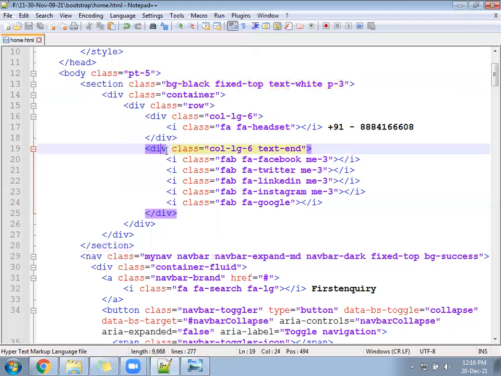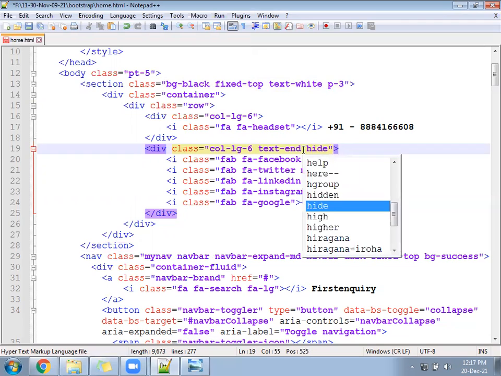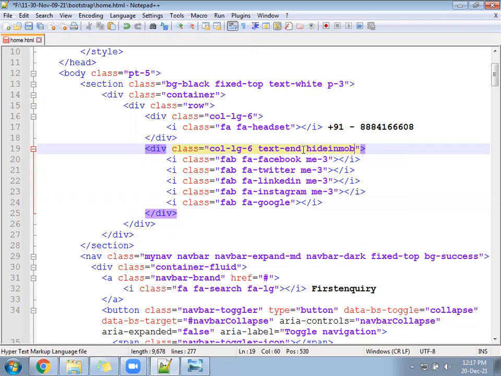So see, col-md-6, col-lg-6 we have in the right. Let's go here. Write a class called hide-in-mobile.